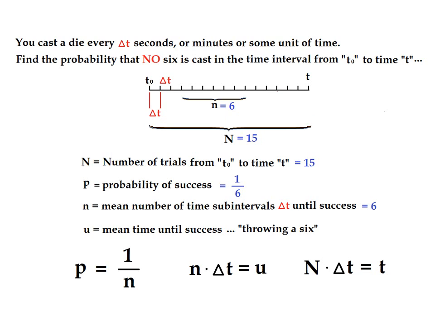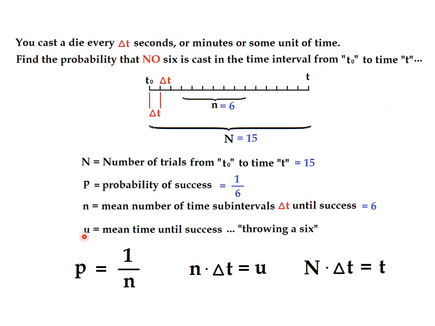Capital N represents the number of trials from time t0 to t, which in this case is 15. The probability of success is 1/6. The mean number of time intervals, delta t, until success is 6. And the mean time until success